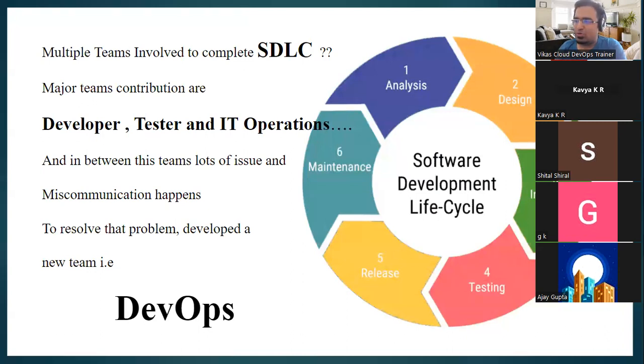Once all looks good from our side, it is ready to give to the client. It has to be deployed into the production environment and sent to the client, and it has to be maintained, monitored, and checked to see whether everything is working properly or not. That is called the maintenance phase of the software development life cycle.